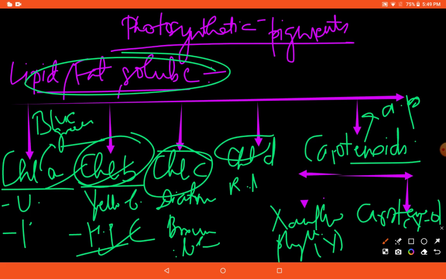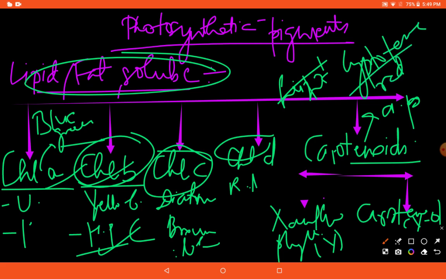Carotenoids are of 2 types. It's an accessory pigment, 2 types, carotene and xanthophylls. Xanthophylls is yellow in color. Carotene is yellowish orange in color. Lycopene is there, something called lycopene, which is red in color. Tomatoes are red because of lycopene. It's a fact, you can remember it. Okay, alright.